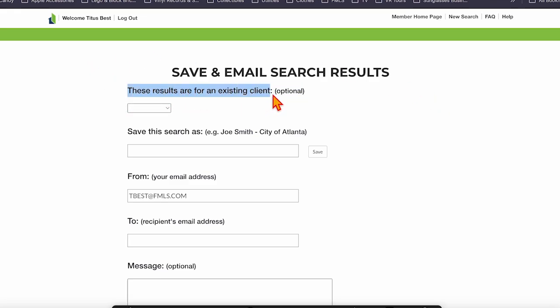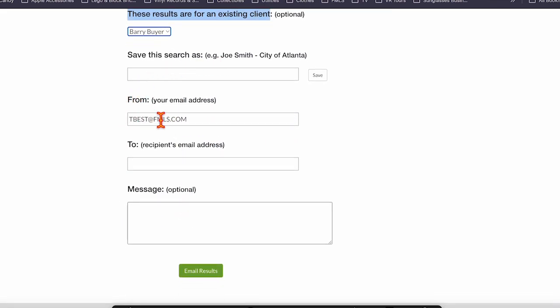This is why I made you go and put in a client name first, because when you come in here and you want to send things off, it has to be somebody who's already existing. So I can click inside of my drop down and I see my TK and my Barry. And I can click on Barry and say these are going to be for him. Do I want to save this search? I can save it, or I can just come right down underneath to save this search as and go to